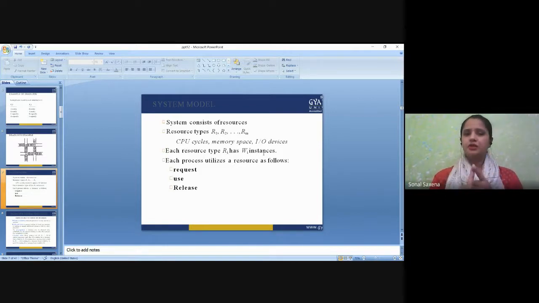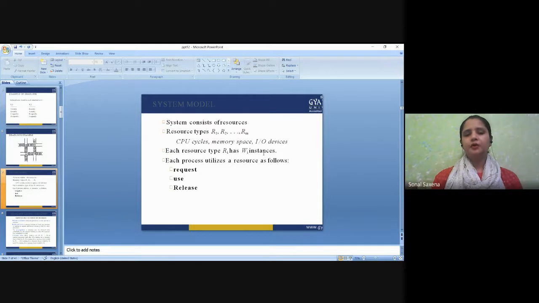So the resource is only one. Let's say the whole memory space is considered to be resource one, but this memory space has several instances. As I told you, instance one is of, let's say, 2 bytes, instance two is of 3 bytes. There could be some more instances of several other varying sizes. So this is called instances. Every resource is considered to have multiple instances, and this is the way we consider that resources are in a shared manner. Resources act as a shared entity.